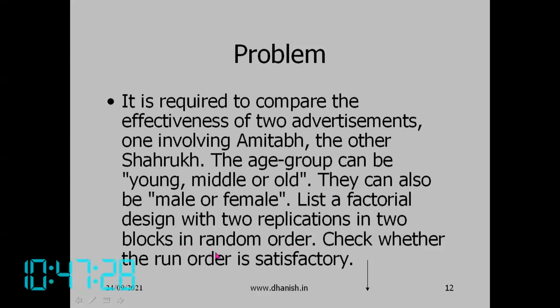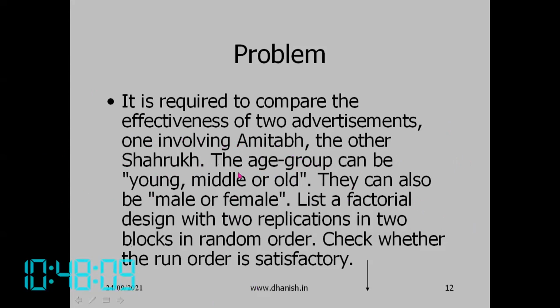You can even measure the pupil diameter, or when a person sees the advertisement, how much time he spends looking at it. So there are many ways you can compare the effectiveness of advertisements. Now people do such experiments to find out which advertisement is better. Of course they do trials and then decide on all these characteristics. Maybe for some group one advertisement is more effective, or it doesn't matter.